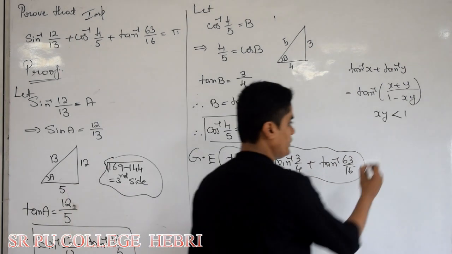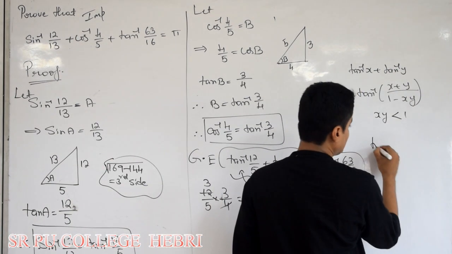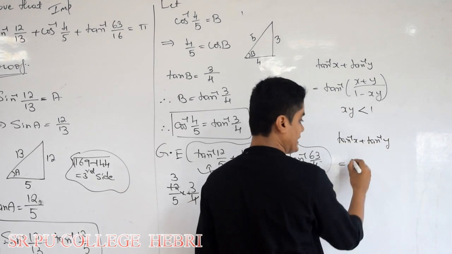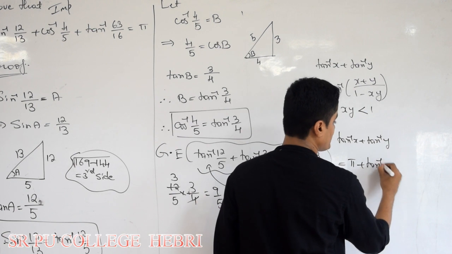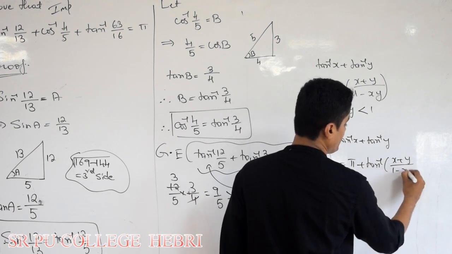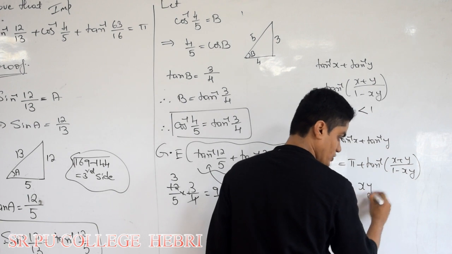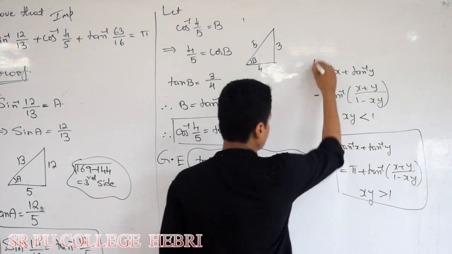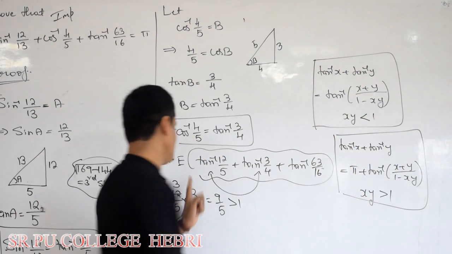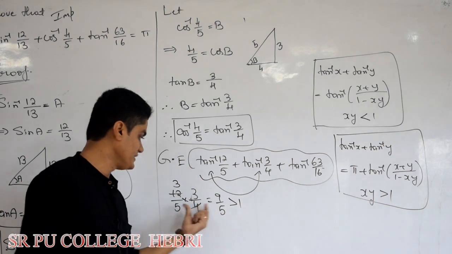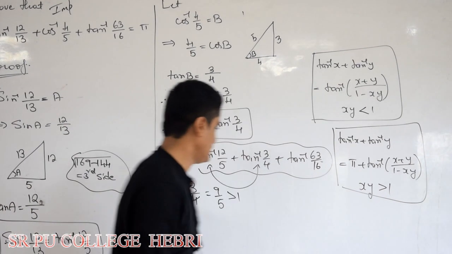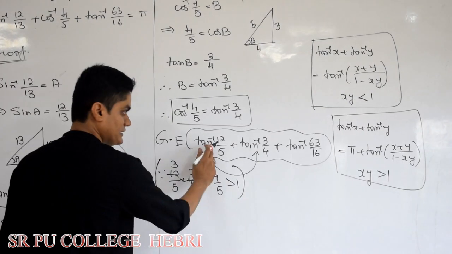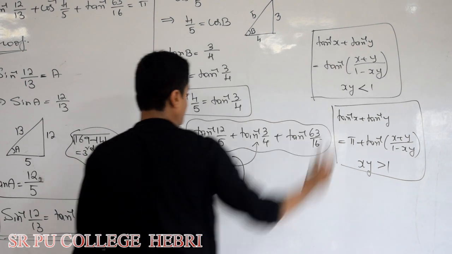Maybe you remember I gave one note at the end of this set of results that tan inverse of x plus tan inverse of y is also equal to pi plus tan inverse of x plus y by 1 minus xy when x into y is greater than 1. So this is the solution for the above problem. You cannot add directly the first two terms using the first formula because here x into y is more than 1. So you should use this formula. The remaining things are the same. Remember that.